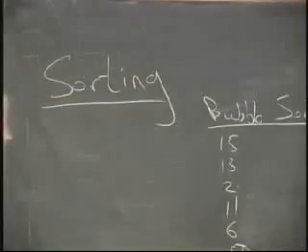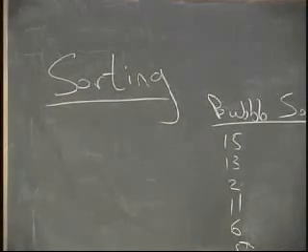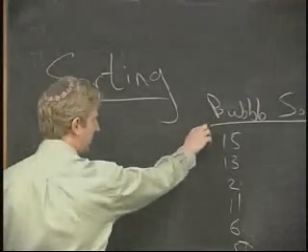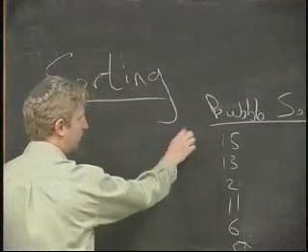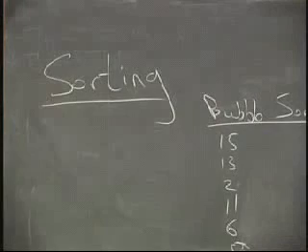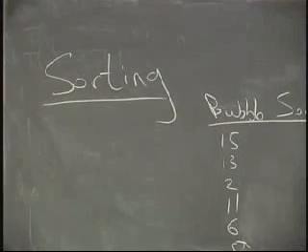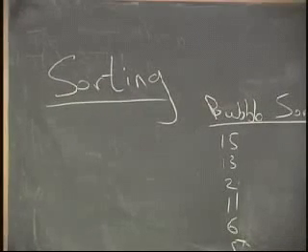That's enough. All right, 15, 13, 2, 11, 6, 5. And they go in order and index from here to here. So this is index 1, 2, 3, 4, 5, 6. We want to sort these numbers in ascending order. So when we're all done, 15 should be in the bottom, 2 should be in the top, and it should